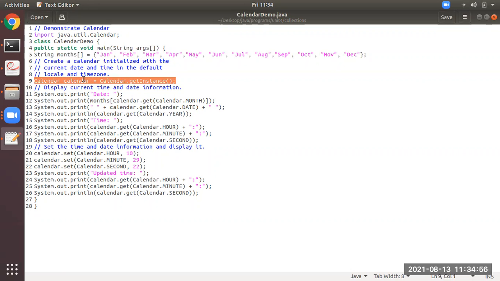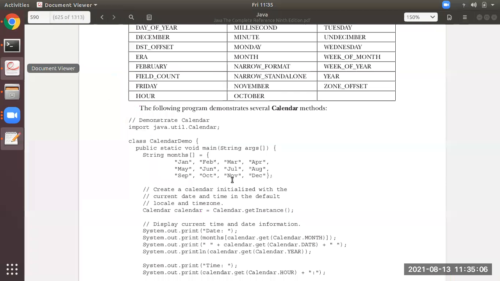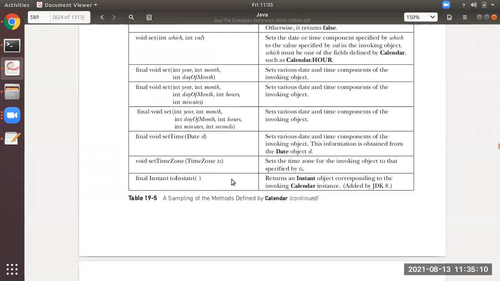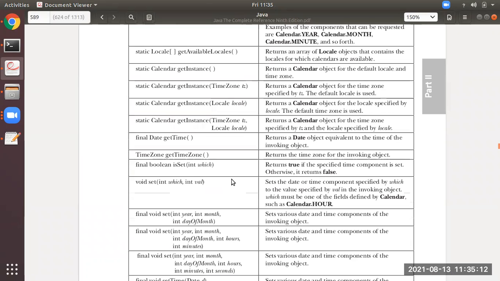Then at line number 9, we have a Calendar class reference, and to that we are invoking the method getInstance. Just observe what the purpose of the getInstance method is. It returns a Calendar object for the default locale and time zone, according to our computer.